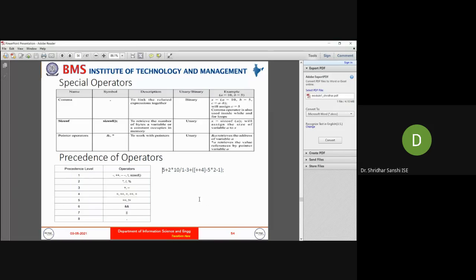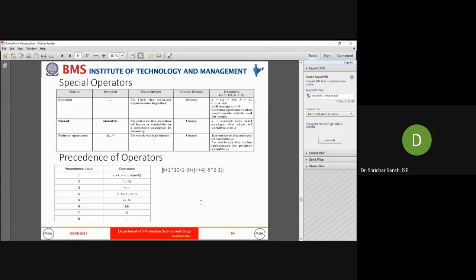So in an expression, if we have all these operators, which one is executed first will be determined by precedence, from the highest to lowest. Another thing you need to remember is that whatever expressions we define in brackets will be executed first. They have the highest precedence. After that we have these operators.